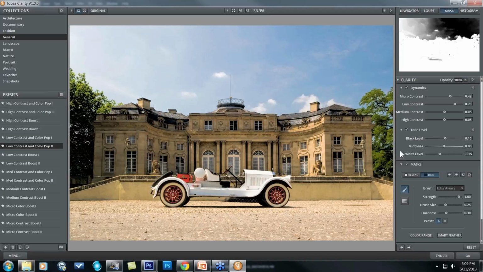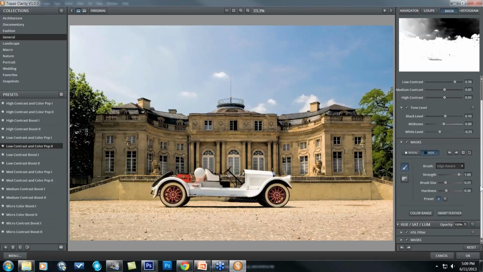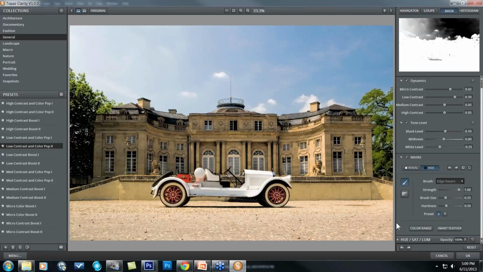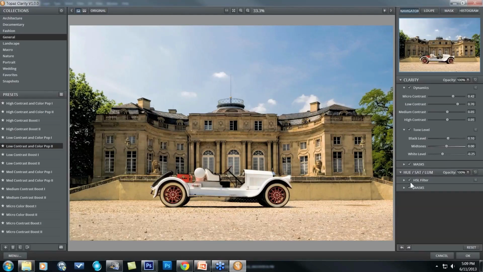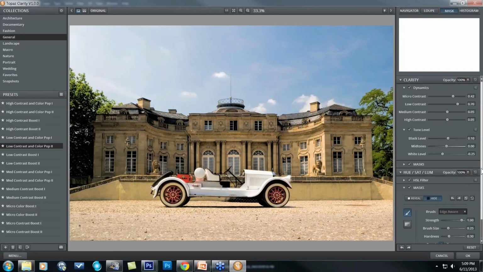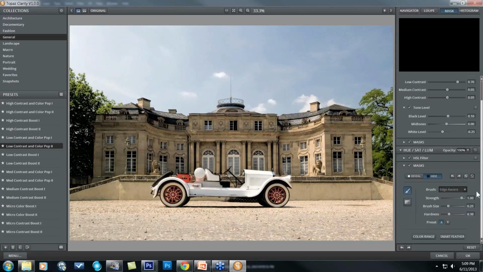So I just went ahead and took out that detail enhancement that was happening to those clouds. Now if I want to take all the color adjustments out except for my sky, I can instead go in my hue saturation, go into my masks, and I'm going to hide everything by just clicking on my invert. And then I'm going to come into my color range again and,